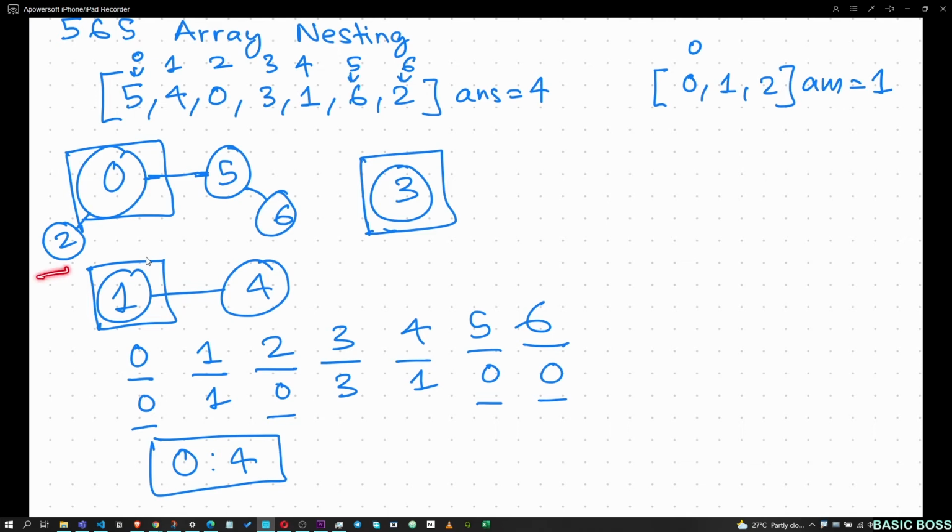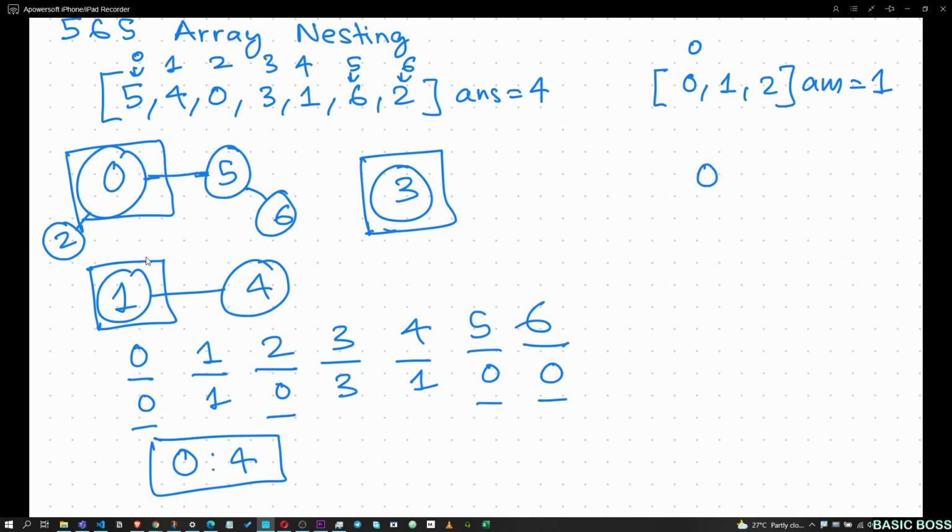So in this case, you can see that for all these 4 elements, the parent was 0. So that's why 0 was occurring the most number of times, and the number of times the maximum repeating element is occurring will be our answer. Now let's do this for this.